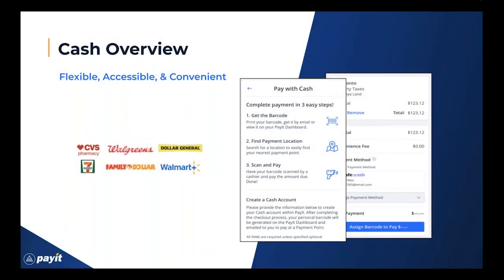So yes, I mentioned cash as an option before, and Dawn talked about this a little bit. And while we could probably devote an entire webinar to cash solutions, we'll just touch on this briefly today because, again, it was one of the bigger topics of discussion at CS Week. Dawn mentioned this before, and I've had discussions at other conferences as well, even outside the utility space, as governments